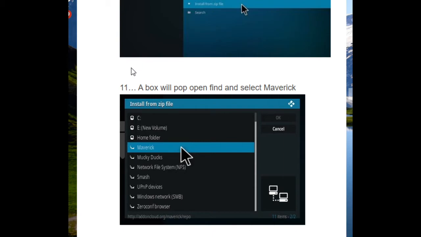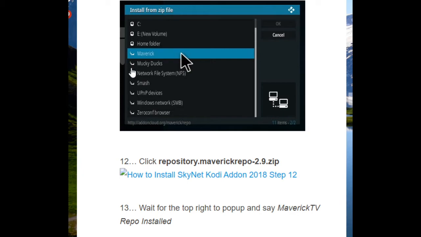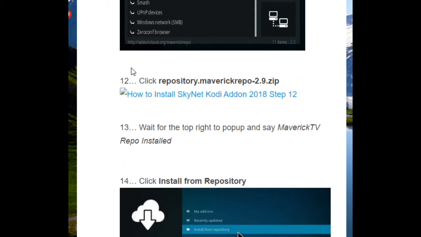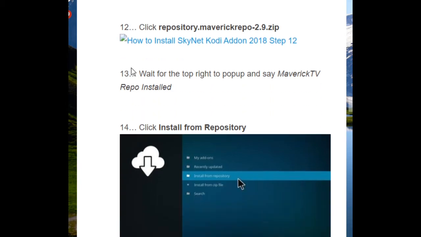When you click on Maverick, you're going to see an install notification show up on the top right of your screen. And when you see the pop-up, you're going to click this time on the Maverick folder. You wait for the top right to pop up and say Maverick TV repo installed. And now you're going to click